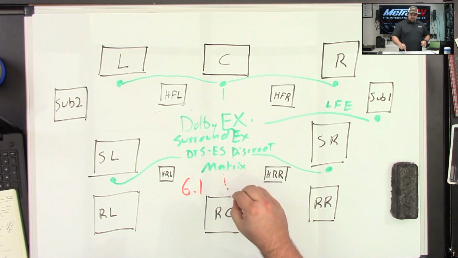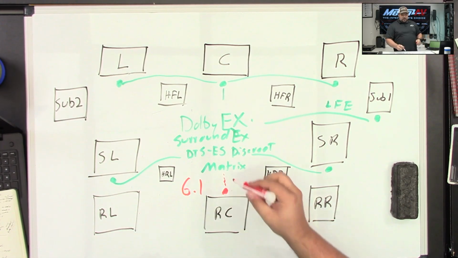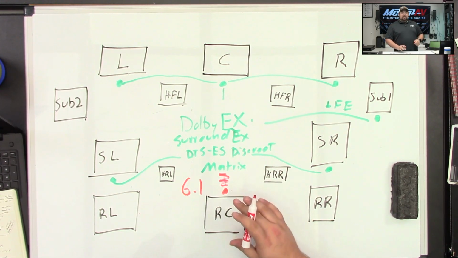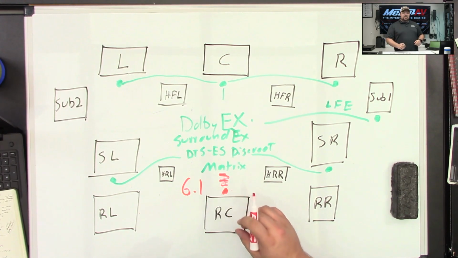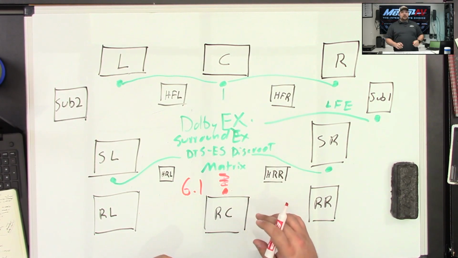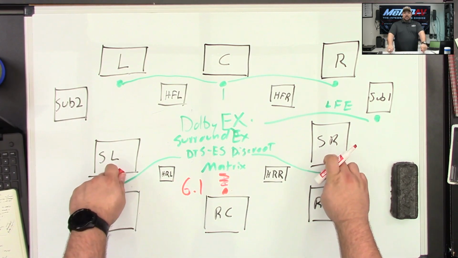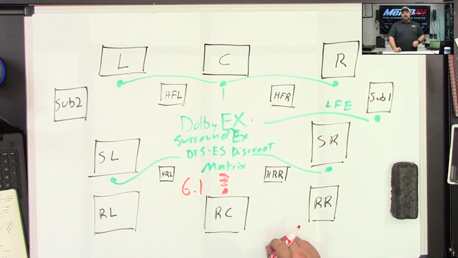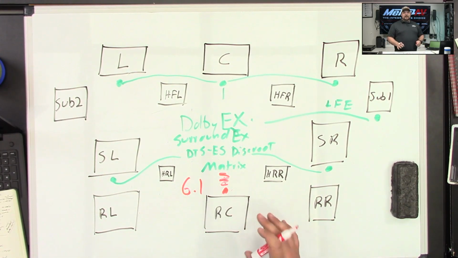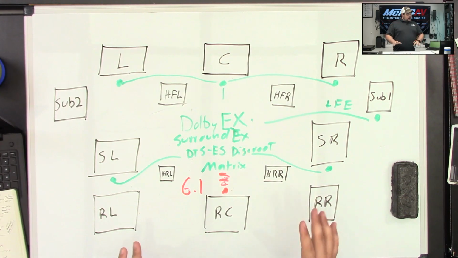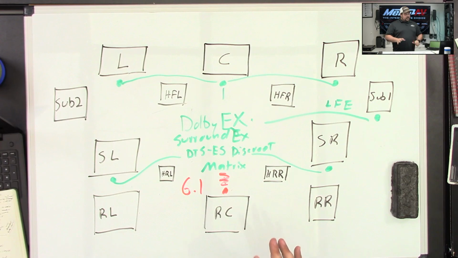Now, from my research, it wasn't so much that this was a weird or faked connection. Instead, what this was more of is, if you only had 6 speakers, but you were only getting 5.1 audio, then your AVR or your processor would do the work of summing these connections together to give you that 6th channel in the rear. So very rarely would you actually get something that was produced without that as a matrix system. So that's the Dolby EX, Surround EX, and DTS ES direct discrete or matrix system.